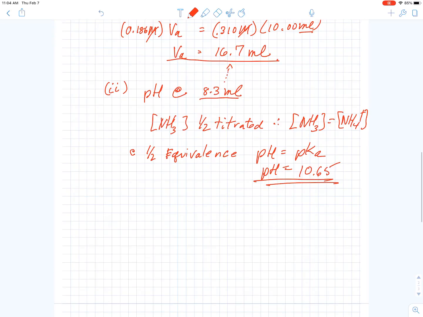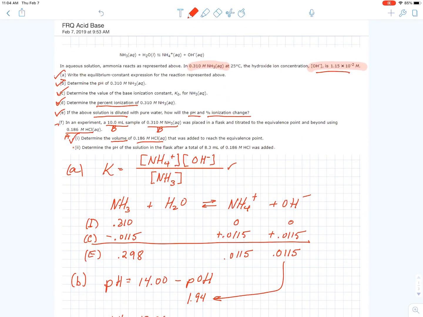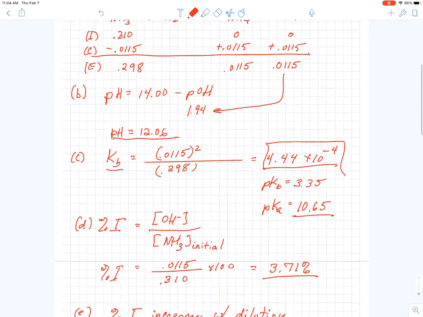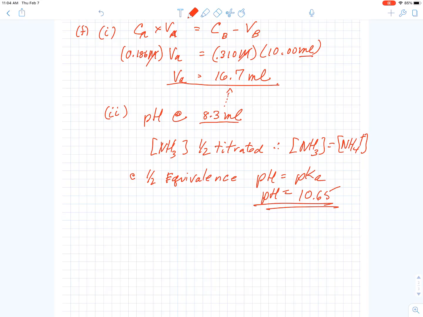We have totally titrated it. So it's going to be slightly alkaline. And that's it. You've got yourself an entire FRQ that you really have an 18-minute time limit for. And doing it nicely and slowly in an organized manner, you can get it done with plenty of time left over. That's it. A tough